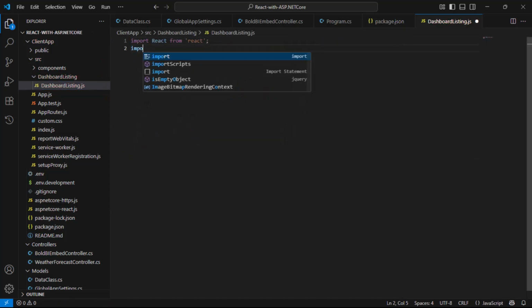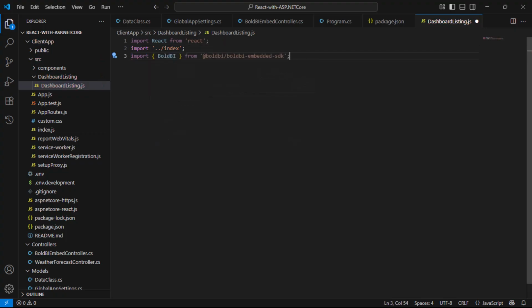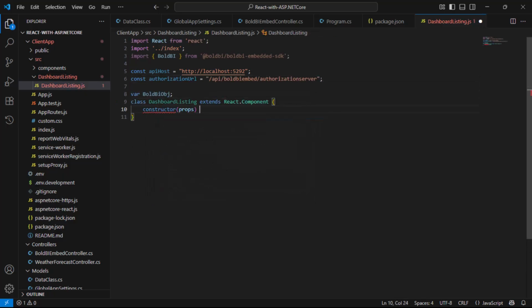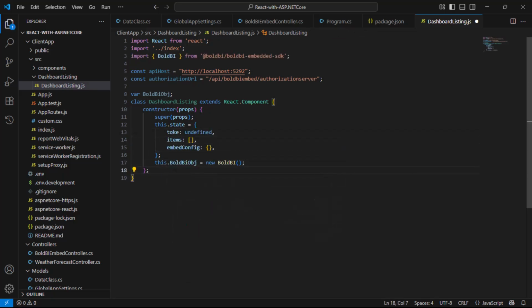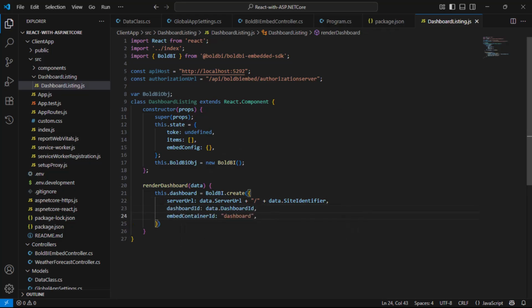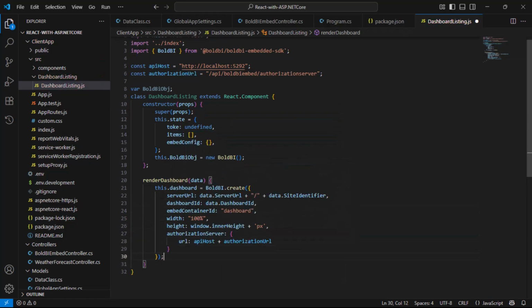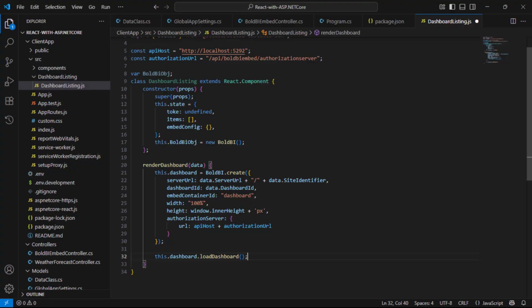and add necessary namespaces to import React dependencies. Then, I define a React component that initializes a Bold BI embedded SDK instance for embedding BI dashboards, setting up API host, and an authorization URL for server communication. I add the render dashboard function, which initializes and loads a Bold BI embedded dashboard using the provided configuration and